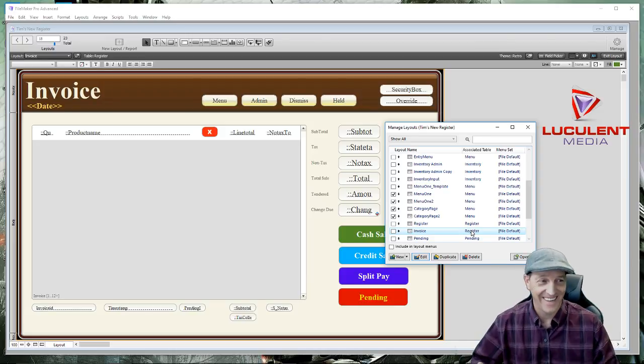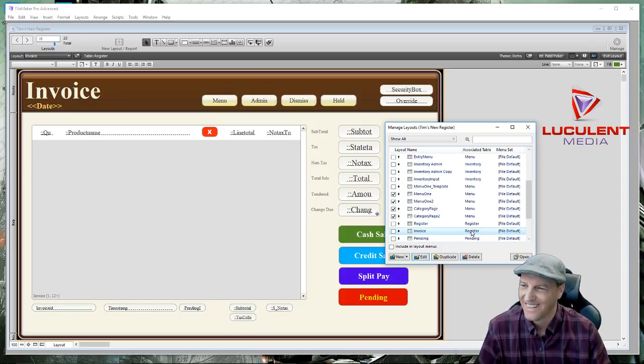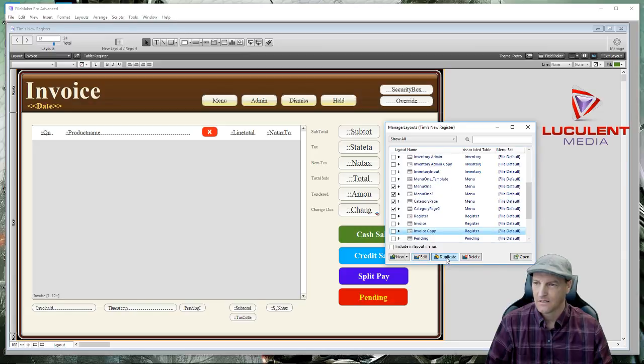That really makes it nice, because you don't have to mess with it at all. It's just like, oh look, here it is. Now this is the cool part. If we take this invoice and we duplicate it, and now we have a copy, and we're going to edit the copy, and we're going to call this